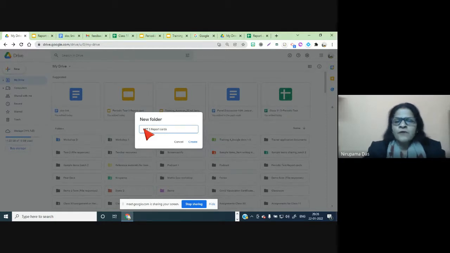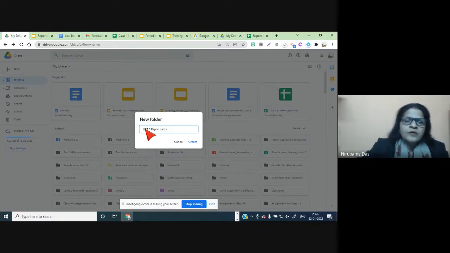Okay, so why this folder? Because all the report cards which we are going to generate will be stored here. Many times we have sent the report cards and we do not know whether the student has received them or not. They may ask us to send the report card again, or we should have proof that we have sent it. So it should be saved in our folder. Create.